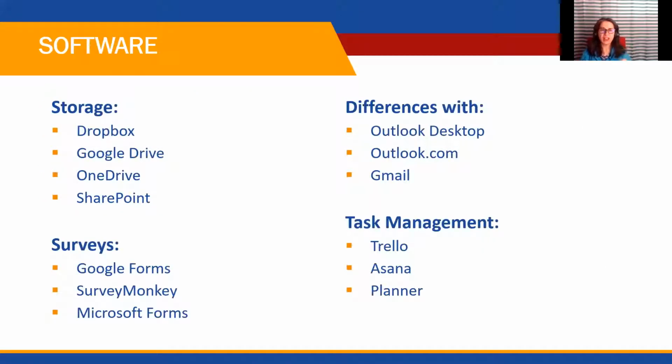So in the storage, I'll go through Dropbox, Google Drive, OneDrive, and SharePoint. Then in the survey section, we have Google Forms, SurveyMonkey, and Microsoft Forms. And then we do a little thing different. I'm going to explain the differences between Outlook Desktop and Outlook.com because people don't realize there's a difference. And then there's Gmail. And in the last section, we'll talk about task management, which we're going to see Trello,